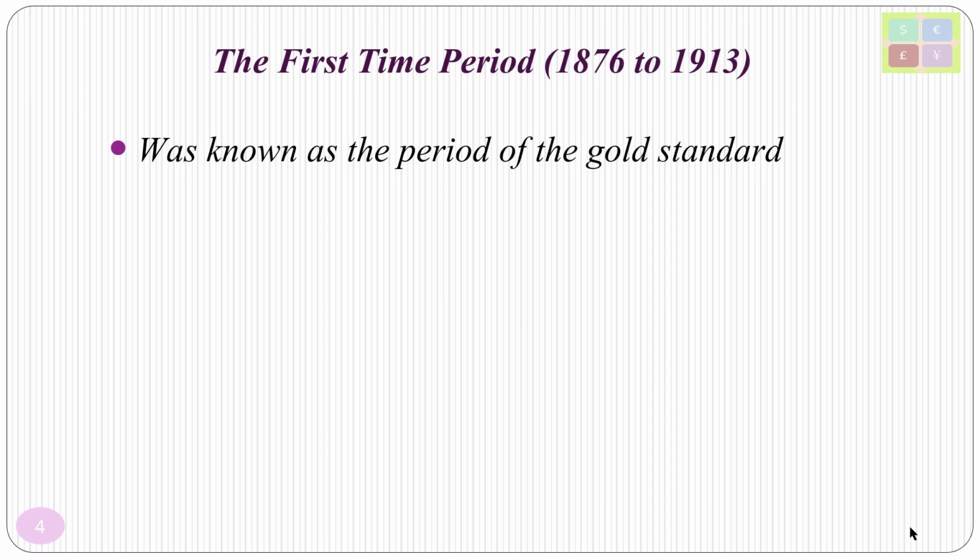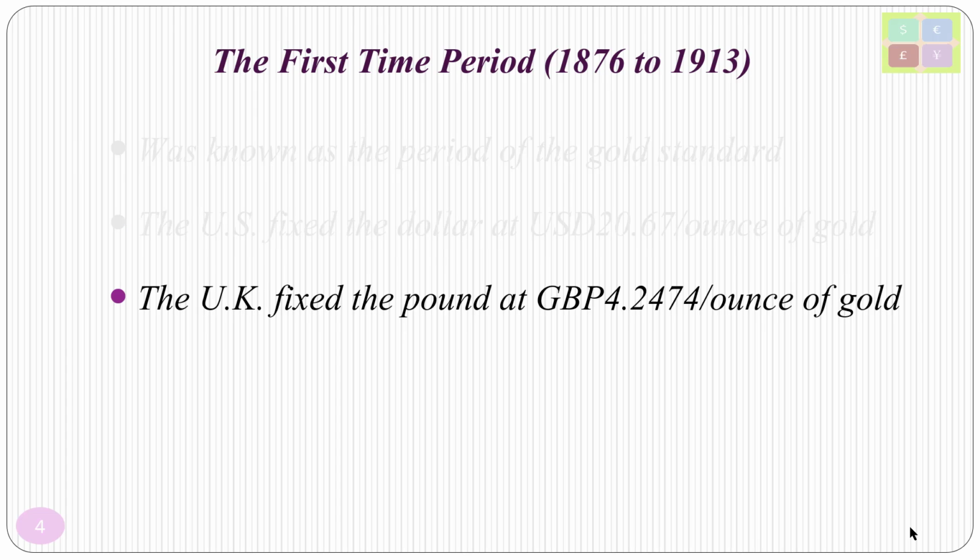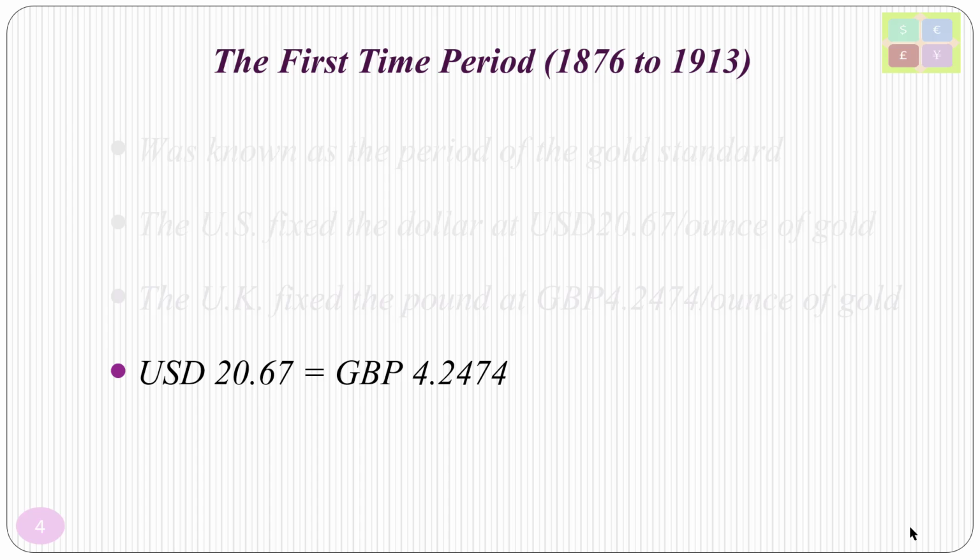The first time period was known as the period of the gold standard, and it lasted from 1876 to 1913. During this period, the United States fixed the value of the dollar at 20.67 US dollars per ounce of gold. The United Kingdom fixed the value of the British pound at 4.2474 British pounds per ounce of gold. So we can equate 20.67 US dollars to